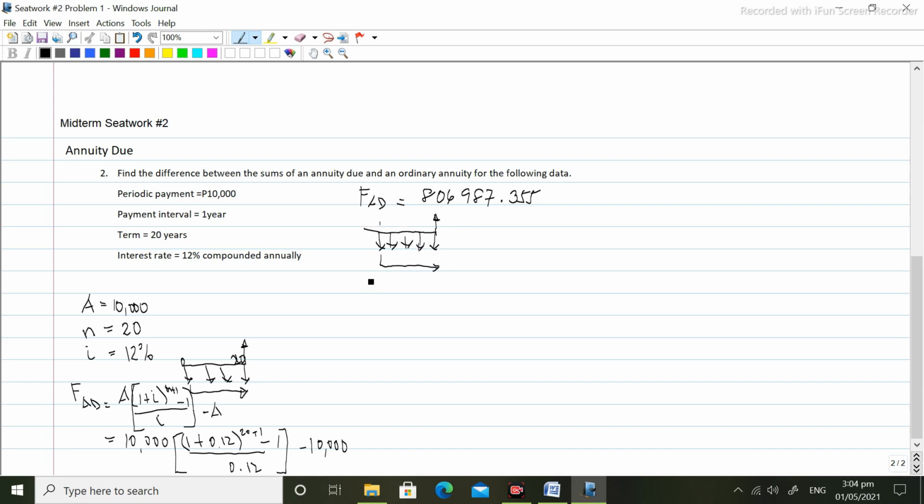Okay, so ang formula for ordinary annuity OA is equal to A times 1 plus I raised to n minus 1 divided by I. So, meron tayong value ng A which is 10,000 times 1 plus interest rate na 12% raised to 20 years period minus 1 divided by interest. So, interest rate na 12%. So, meron tayong makukuha na ordinary annuity based sa future na